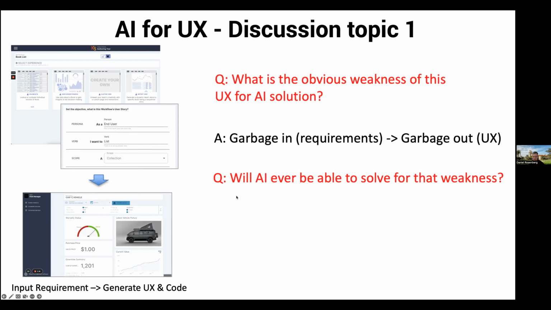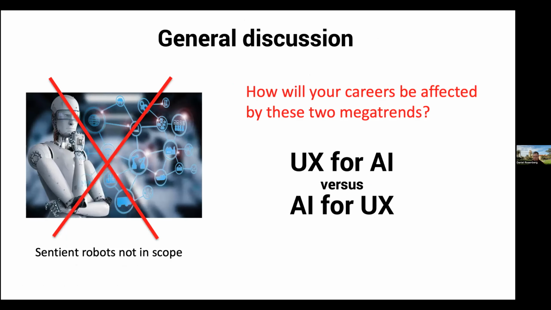I don't have an answer to this last question. I would say if it's solvable, it's probably not in my lifetime. Maybe it's not solvable. So then what does that say about how everyone's careers would be affected by the two megatrends that I've shown you these case studies for, right? UX for AI, which is just how do you design a product that has a lot of intelligence in it and needs a good UX that people trust and can verify, versus how can an AI actually replace some of the day-to-day activities that designers do?